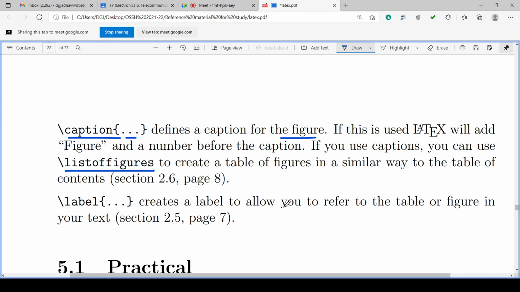Where is the list of figures used? Just like an index, which comes before the first chapter.